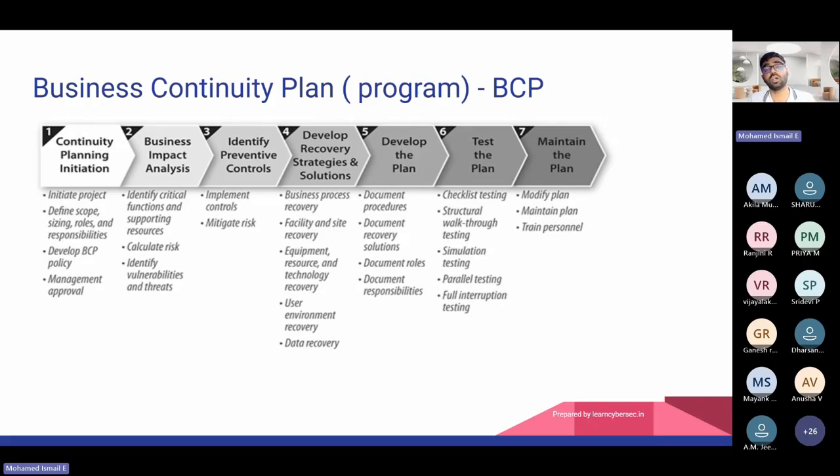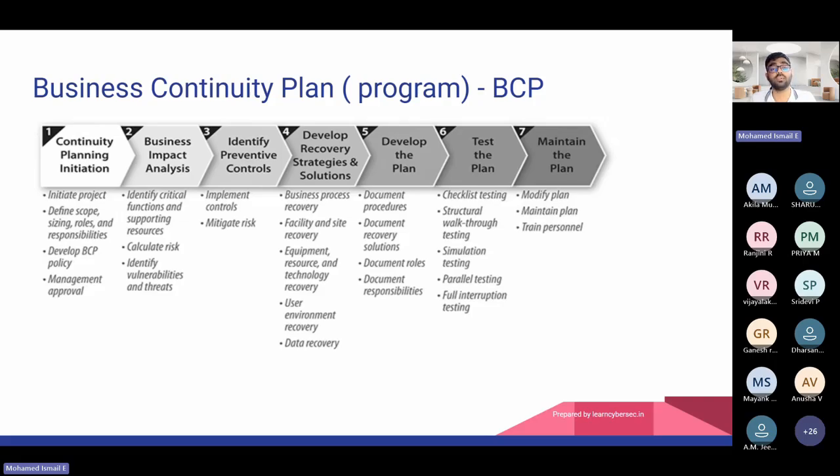It's always not flood, right? It could be an earthquake, it could be a tsunami kind of incident, or a major cyber attack. You might remember last year the CrowdStrike major cybersecurity incident happened, with all the devices unable to connect. Those types of business-impacting incidents you need to keep in mind while reading the business continuity plan as a whole. Then user environment recovery.